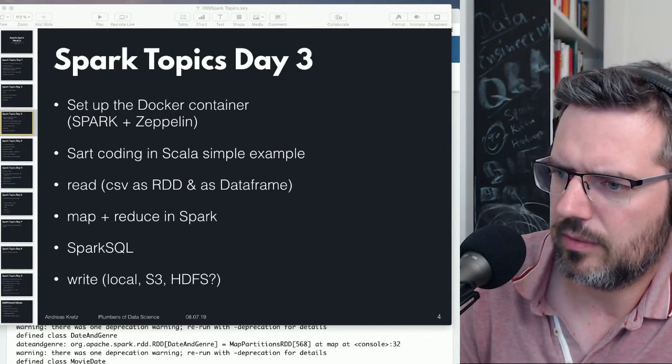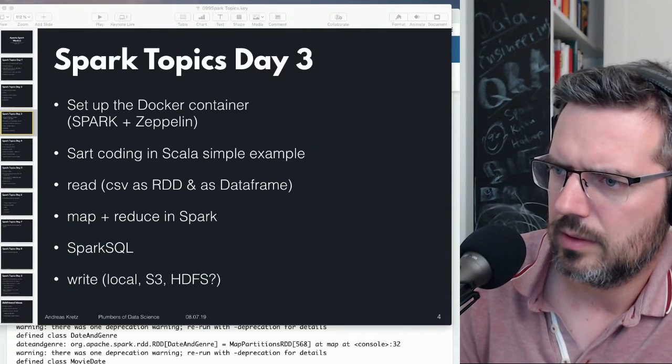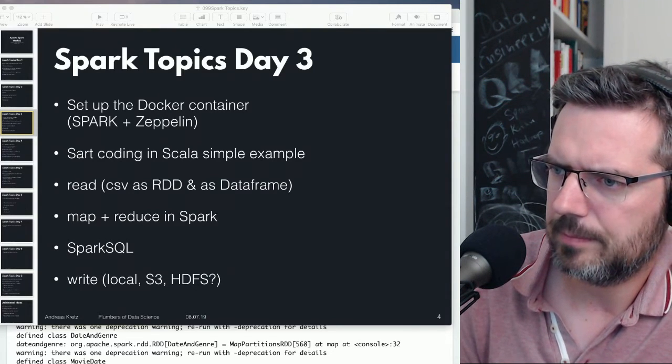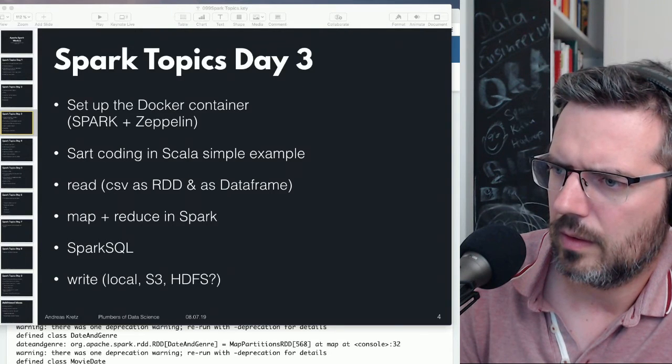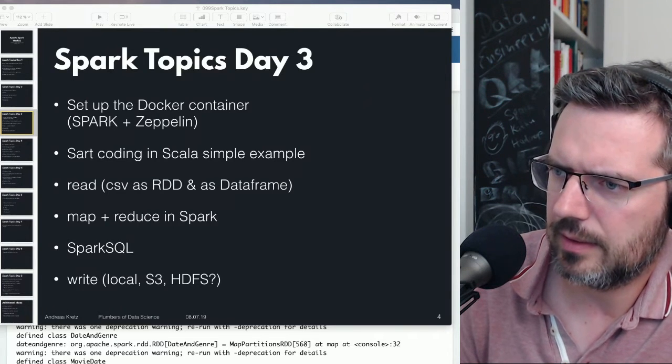Saving data frame to local file. I can write it as a Parquet file.